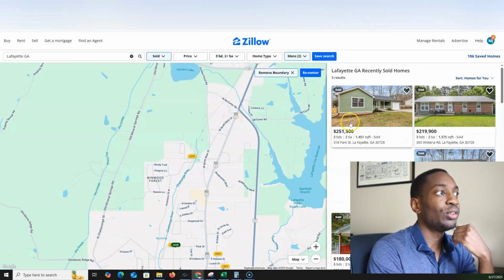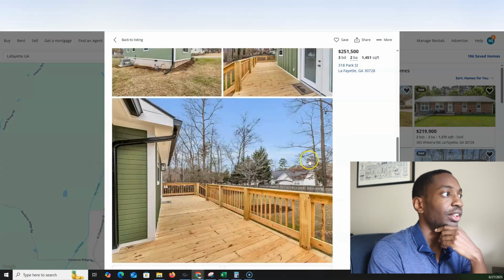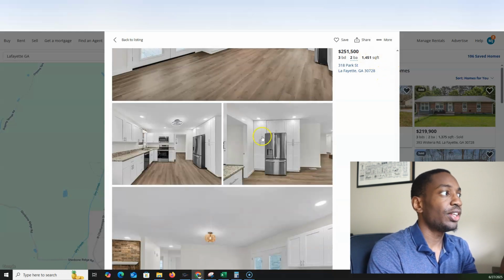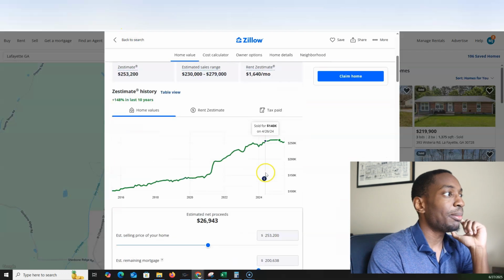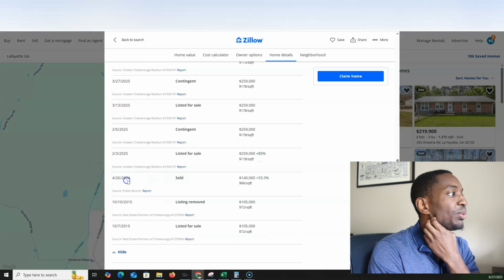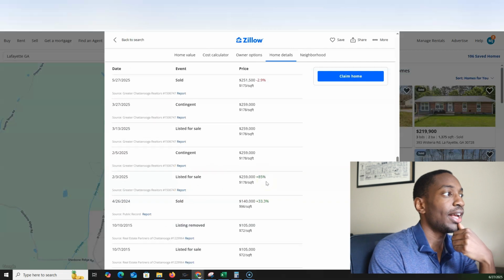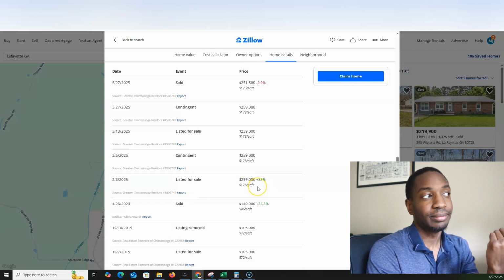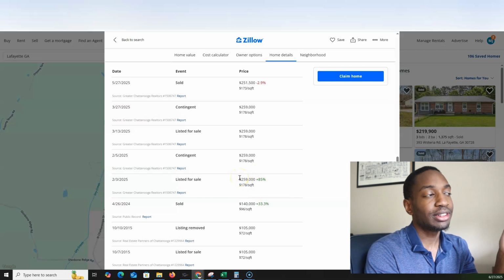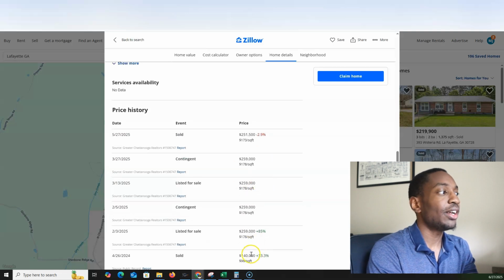So I see comps 251 right here, and this looks like it was a flip property, right? And it's a little bit larger than the other house. Now the area might be a little bit different because the other house was newer, but you can see that this property sold for 140, so similar to the other house, and they tried to sell it at 259. So to me, it's saying that their ARV of 269 may be a little bit overpriced because it ended up staying on the market